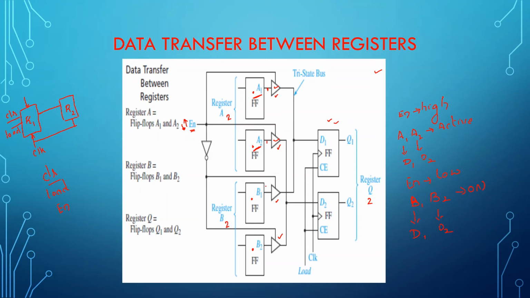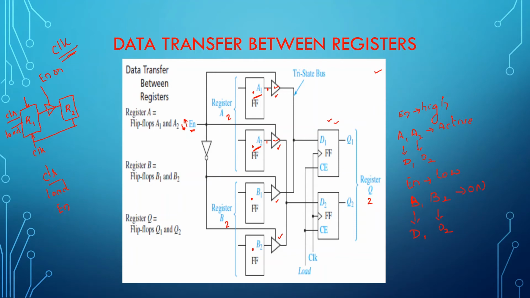What they have explained here is multiple registers, and from the multiple registers how you can move the data. This is how you can transfer the data between the registers. Movement of the data between the registers cannot happen with respect to clock. With respect to clock, you can only load the data to the registers. If you are planning to move the data between the registers, it is not possible that way. You need to connect a tri-state buffer between two registers. So here you need to connect a tri-state buffer, and to this tri-state buffer you need to give an enable input. If the enable is on, data will move from one register to the other register. If the enable is off, data will not move.